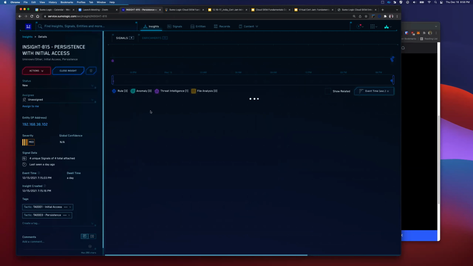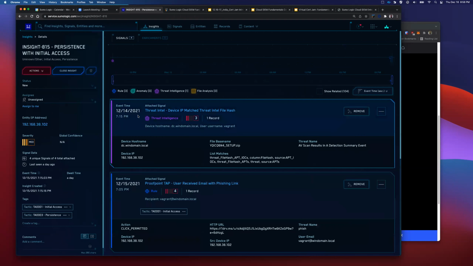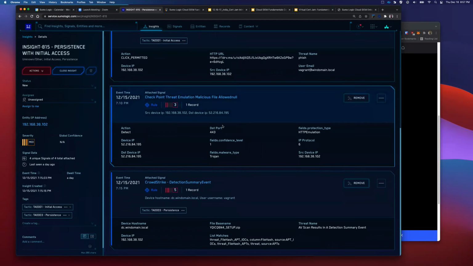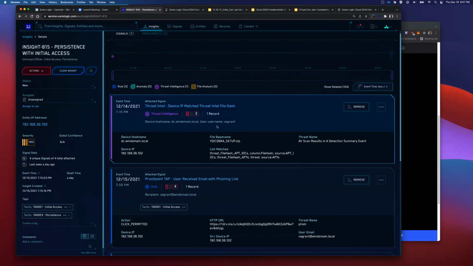Now, what do I see in here? Well, I'm going to see a lot in here, so let's go through this. This is the insight. We see the entity, so here is the IP address that everything is revolving around. We see our timeline up here. What we see with the timeline is an event happened, and then a bunch of events happened much later. We see the events that happened here in chronological order, although there is a little issue with it, but I'm not going to point it out. I'll see if somebody else finds it.